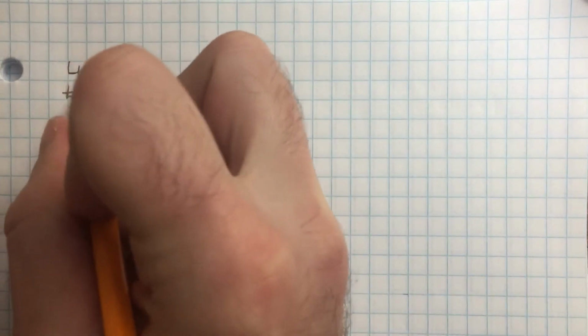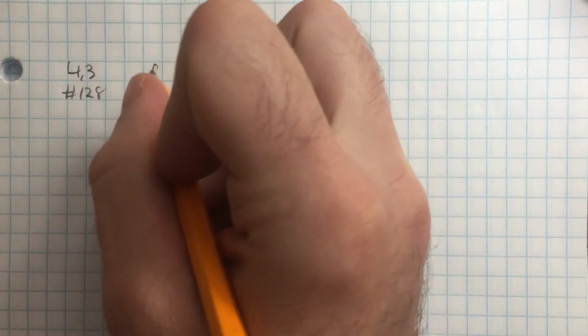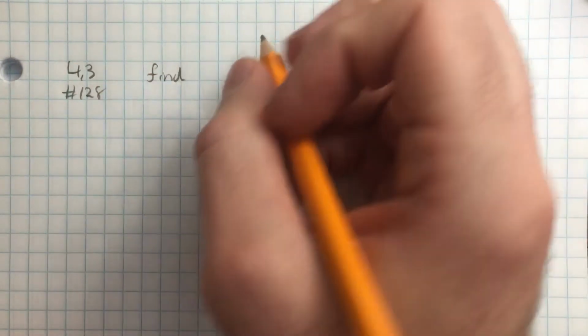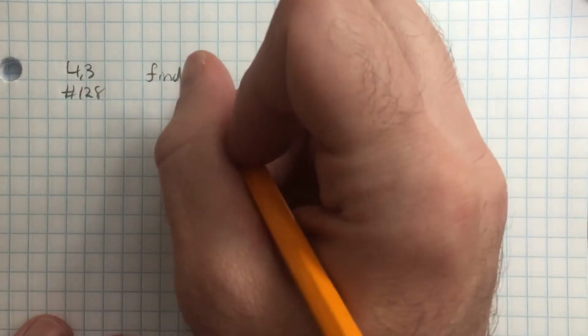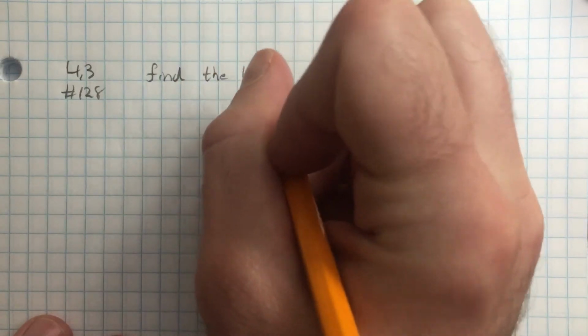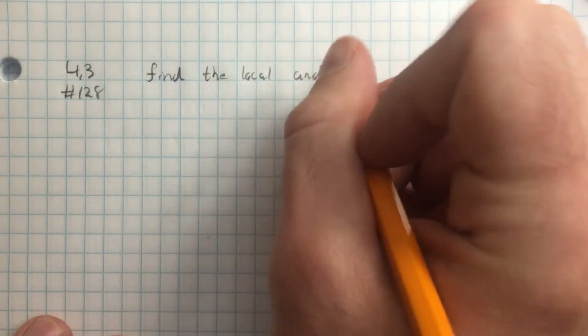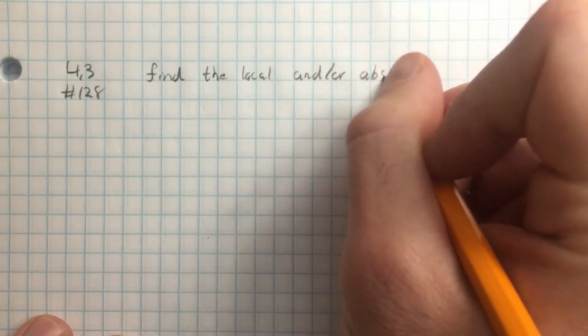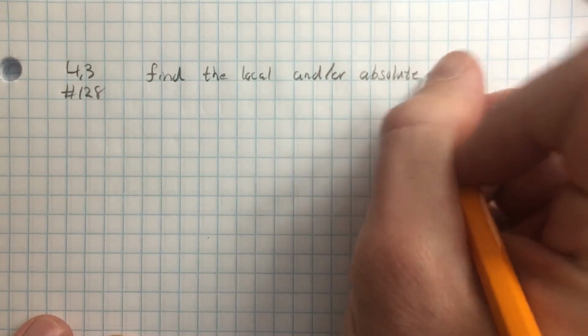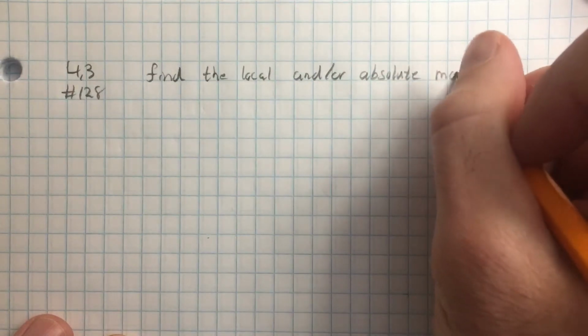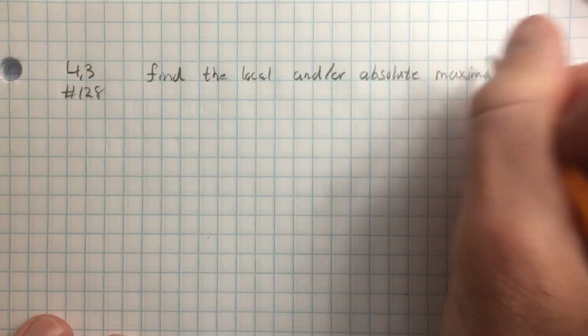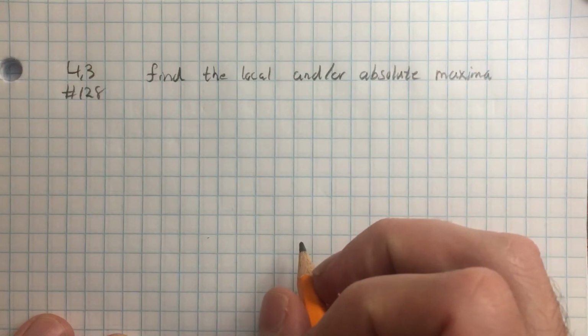4.3, number 128. Find the local and/or absolute maxima in particular. It doesn't say extrema, it just says maxima. A little odd. For the function,